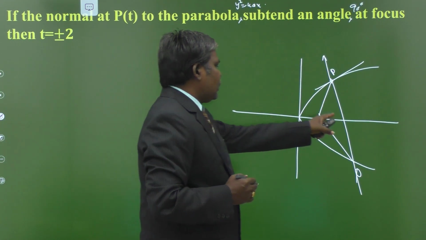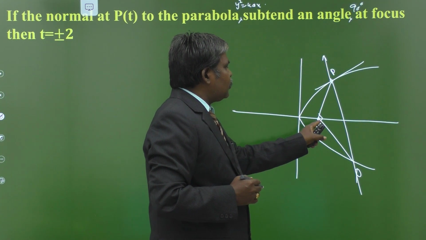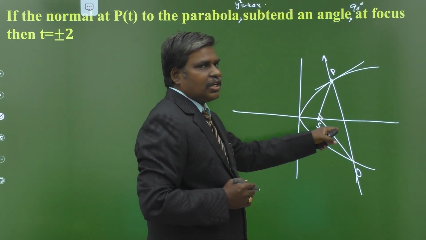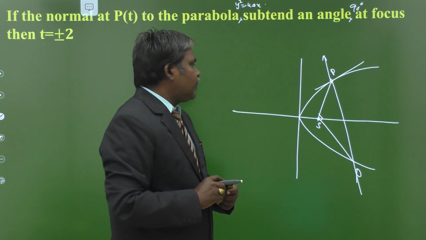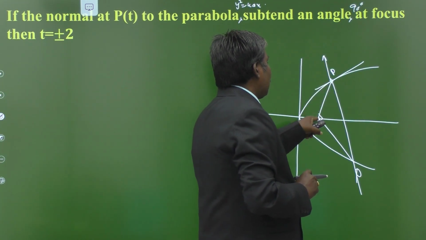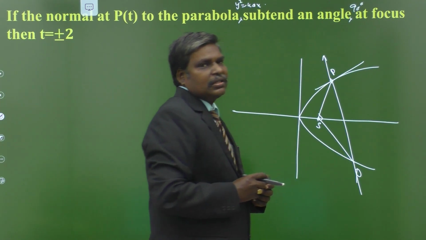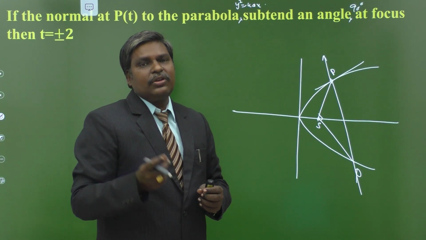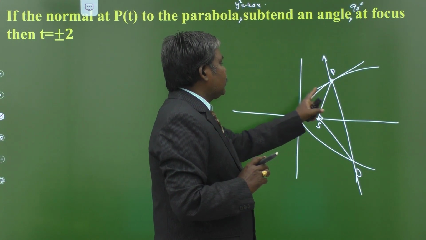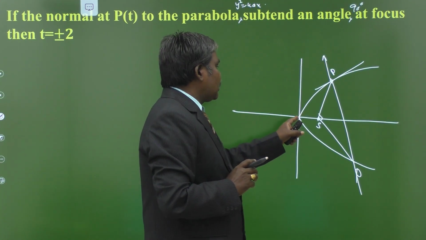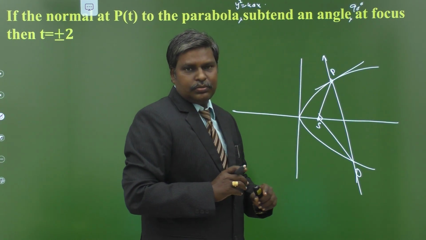So, you write the normal and, shifting the origin to the focus, you change the parabola equation and the normal equation and then you can homogenize. Otherwise, write the slope of SP and the slope of SQ. If you show that the product is minus 1, then your job is over. So, you can use any method. But don't directly homogenize the curve with respect to the line, because we can't obtain the pair of lines SP and SQ. We obtain the pair of lines AP and AQ.